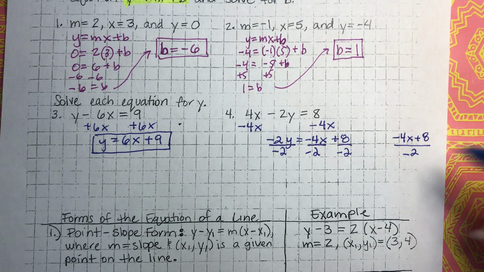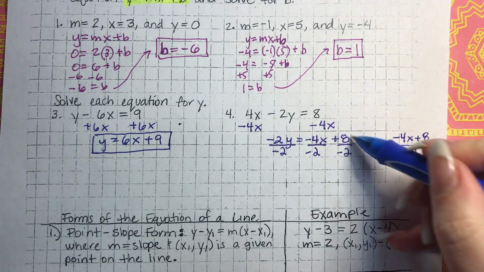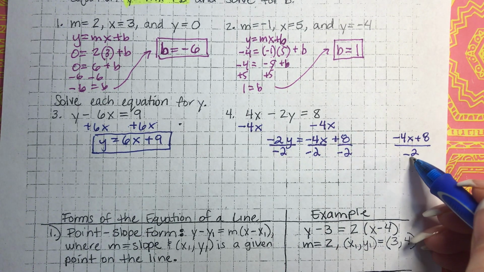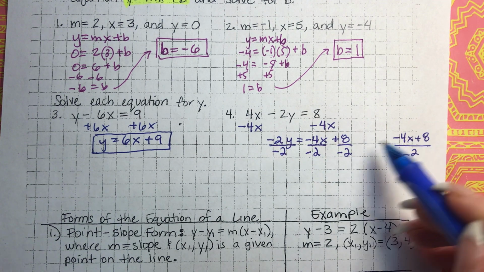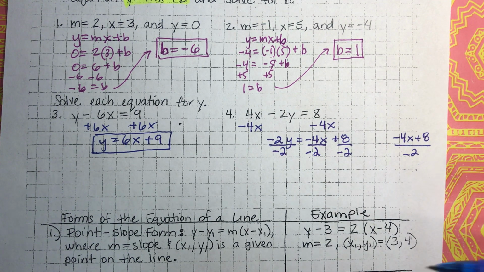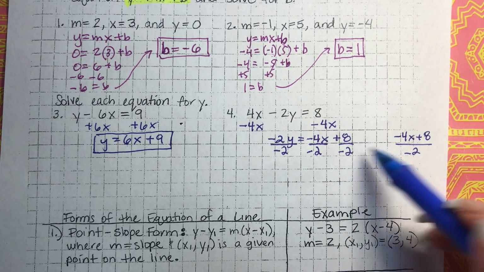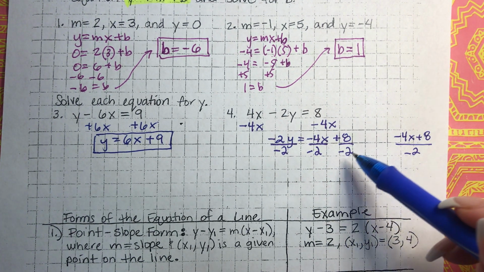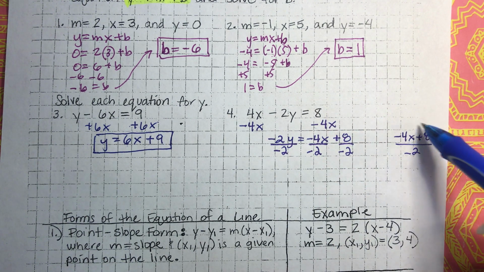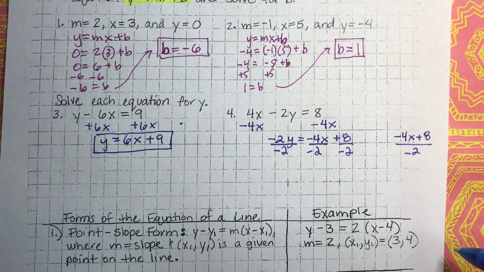Okay? So just so you know, this right here is the same as this. Because if the whole thing is divided by negative 2, that means each individual thing can be divided by negative 2 as well. So it just depends on what your purpose is, right? Sometimes this is okay, even though it should probably be simplified because 2 goes into 4 and 2 goes into 8